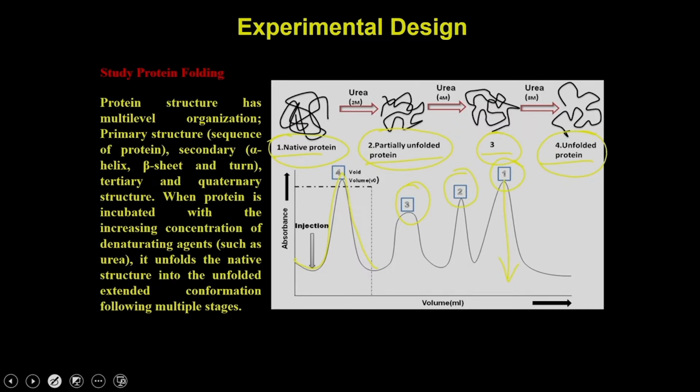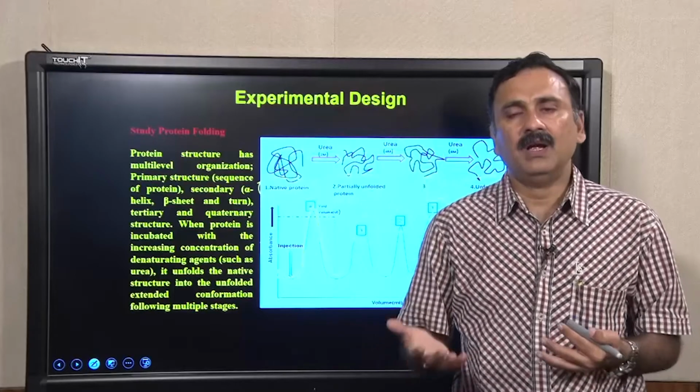So, as per the native positions, the 2 and 3 are going to give you the intermediate positions, and the 4, which is actually the unfolded protein, is going to be present in an extended conformation. So, that will be completely excluded from the column and it will be present in the void volume. So, that is the way you can design the experiment and ask the question